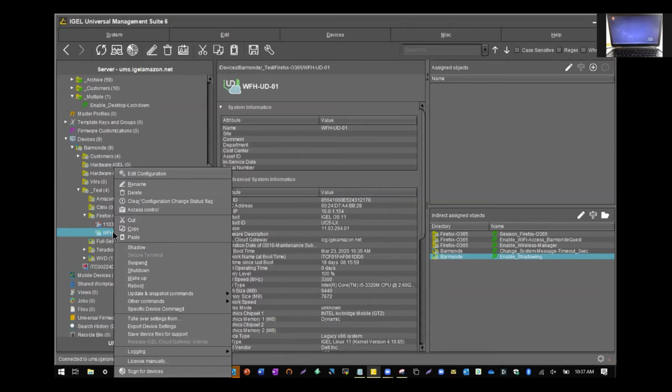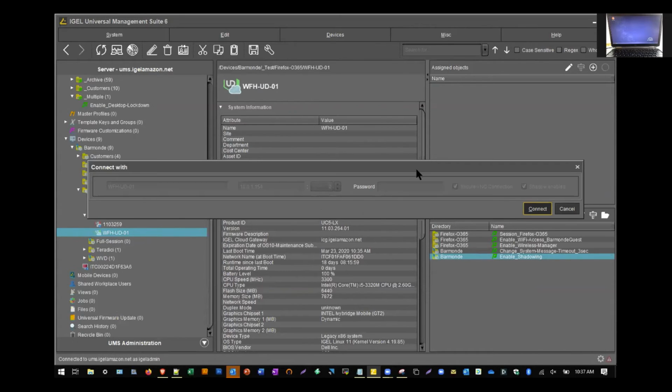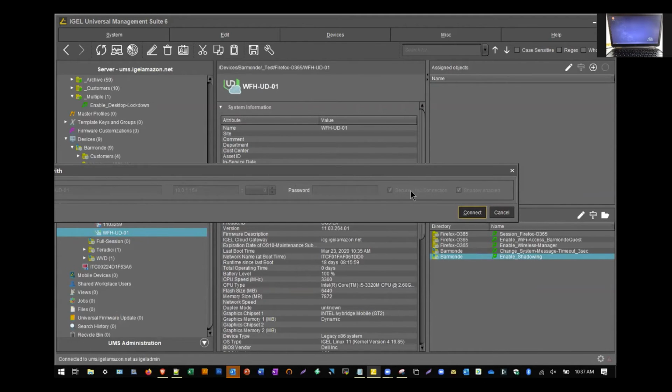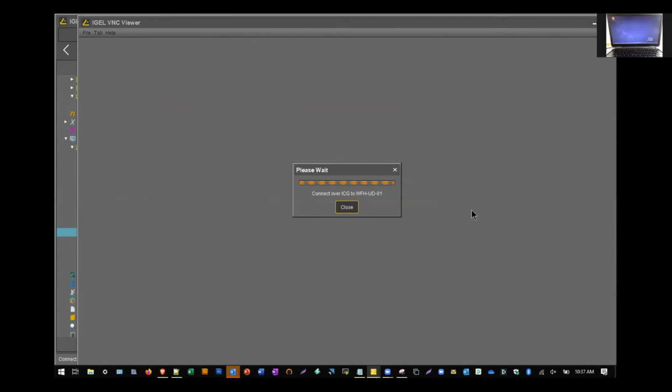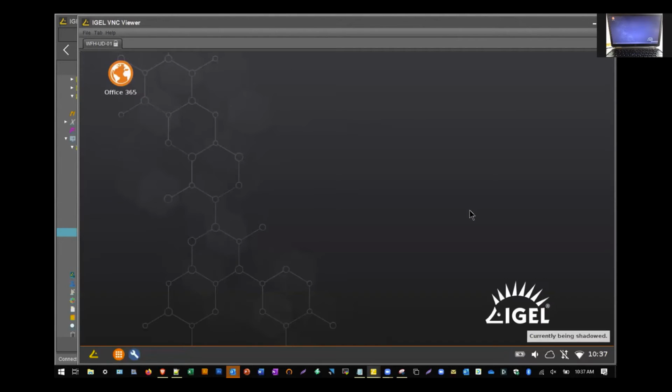So let me move over to the shadowing piece to give you guys an idea of exactly how easy this is to support your people remotely. I know one of the hard things is, hey, when I move here, do I have to RDP in? How does that work? With IGEL, you can create a simple policy, a secure policy no less, that when you click shadow, I can actually create a secure VNC connection through the inherited certificates that are part of the UMS to actually make this work. So when I click connect here, there we go. Now I actually have my session into my laptop that's secure VNC. You can see my little lock here that indicates that it is secure.